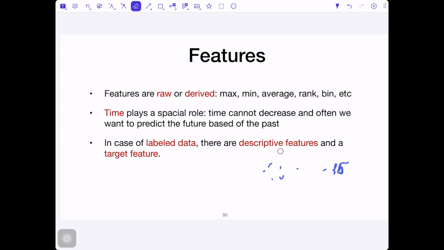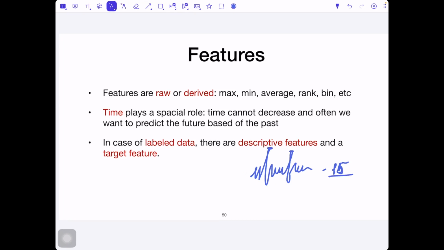Again, we have our signal. It can be expressed by one feature, the mean value of the signal. For another feature, we can take the integral over all points. The third feature could be the maximum amplitude of the signal, and so on. So you see that features can be raw, which is immediately given, or they can be derived, like maximum, minimum, average, rank, bin, or something like that.